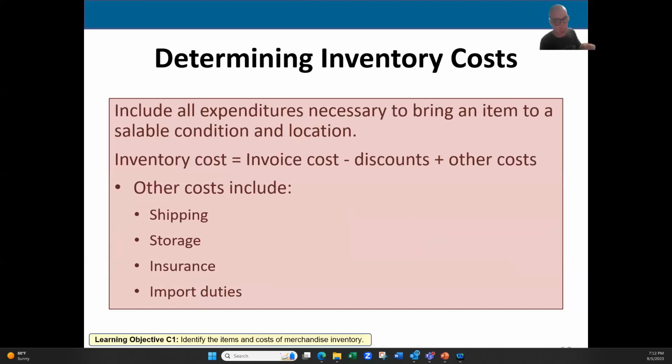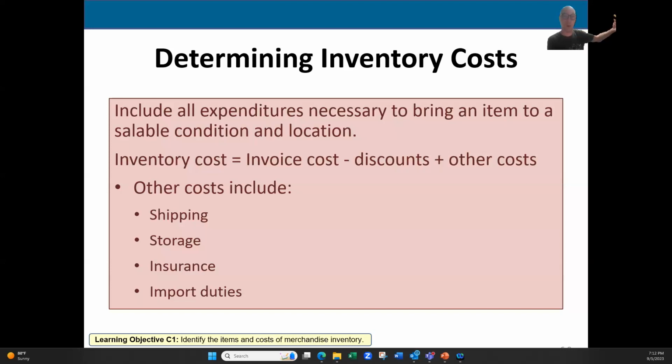We know what inventory costs. This is pretty straightforward, but I want you to understand it. It's not just the purchase price. We purchase the red shirts, say at Macy's, from our vendor. The vendor charged us 25 cents a shirt, and we bought 100,000 of them from our vendor. So 25 cents a shirt